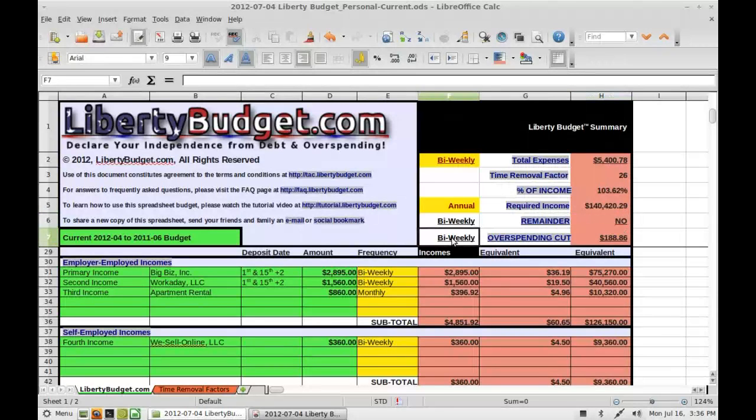So here is the last line of the Liberty Budget summary area. This is the overspending cut, and this is, depending on how you look at it, the best or the worst column. So after you type in all of your expenses down here at the bottom, which I'll show you how to do in a minute, this box right here adds up all of your expenses and adds up all of your income right here. Well, this tells you what you should be making, but